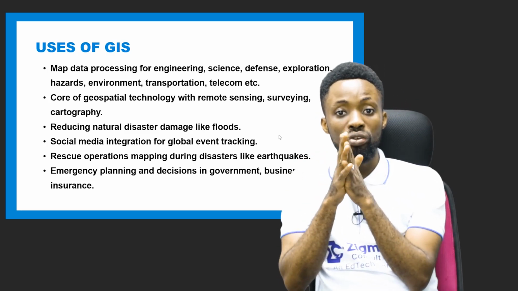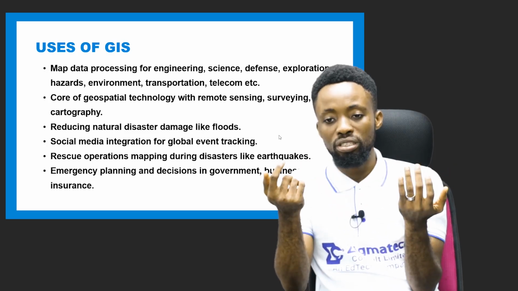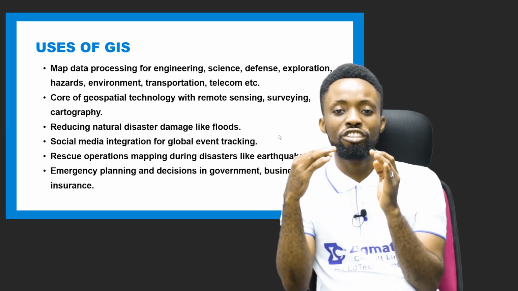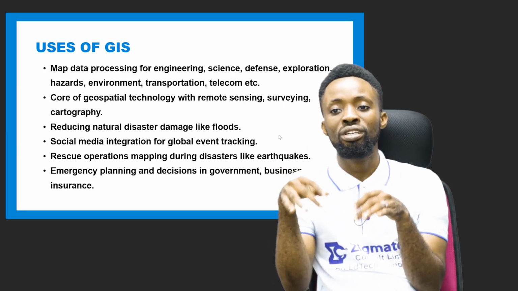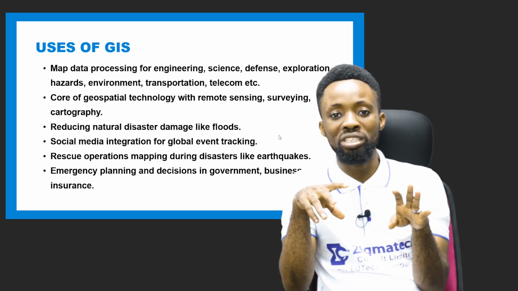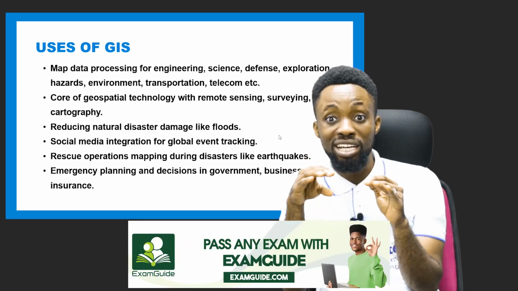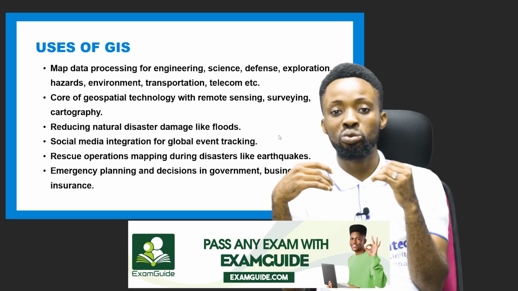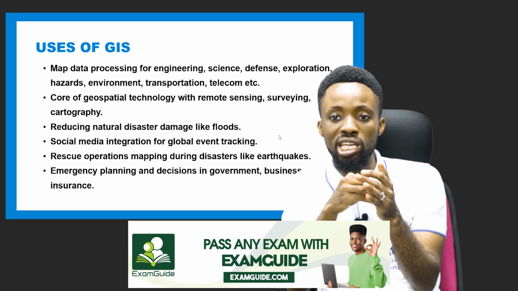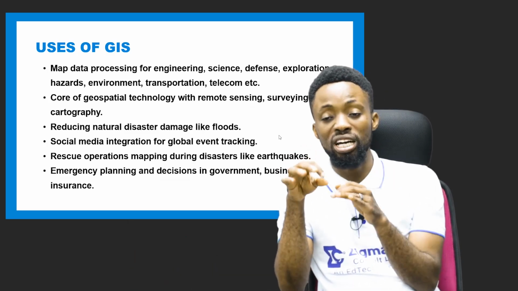So a good example is the army, the Nigerian army or the army of a particular country. With the help of GIS, they can easily monitor their opponents, or will I say their enemies, study their territories and study how to attack them. In terms of hazards, you can use GIS to predict the outcome of various environmental hazards and deal with them effectively. So GIS is very important in that aspect.